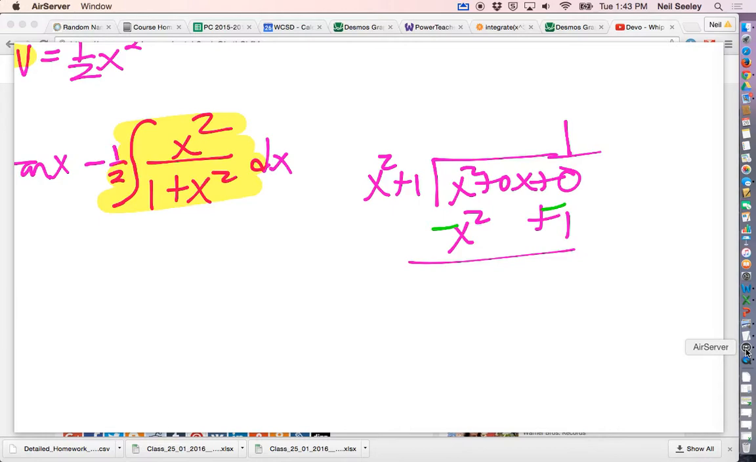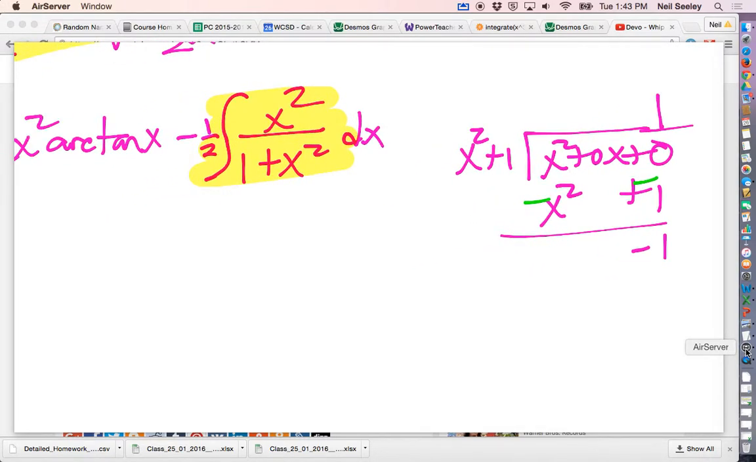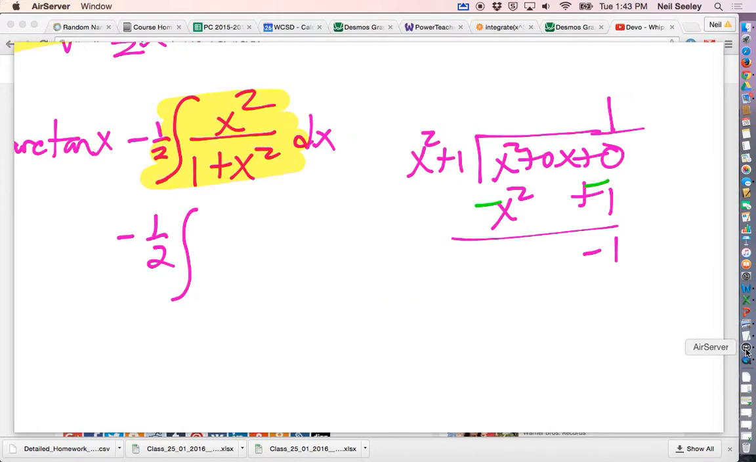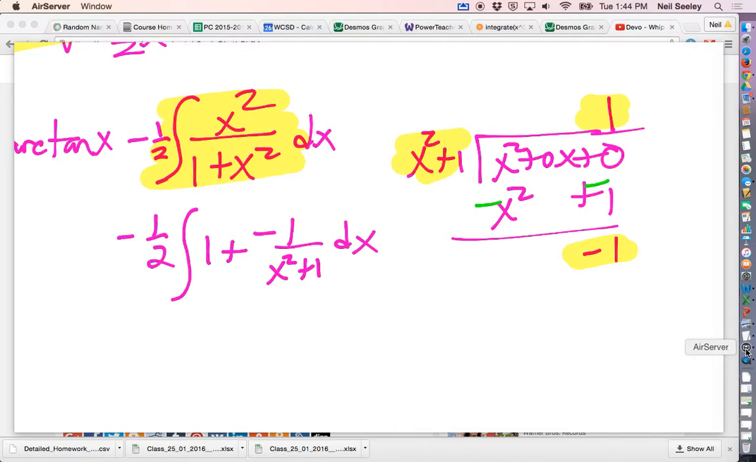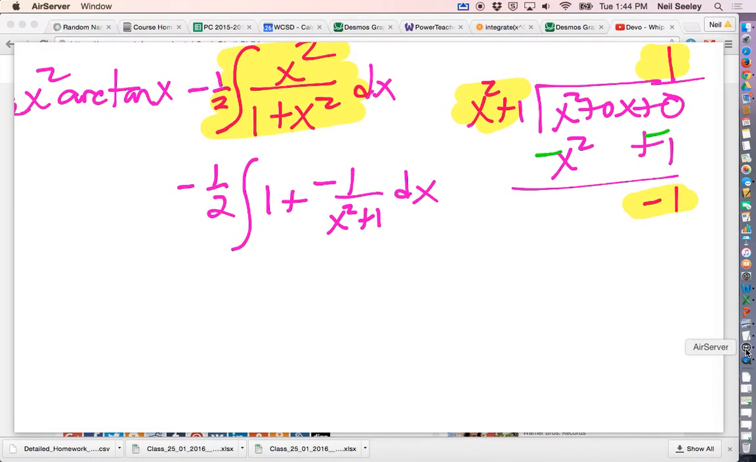And I get 0, 0, and -1. So this little dude is the same as -1 over x squared plus 1. Remember, it's the quotient, so plus the remainder over the divisor. So it's 1 plus -1 over x squared plus 1. Oopsie. My screen twisted. And then that little piece is -1/2 x, because the integral of the one piece is